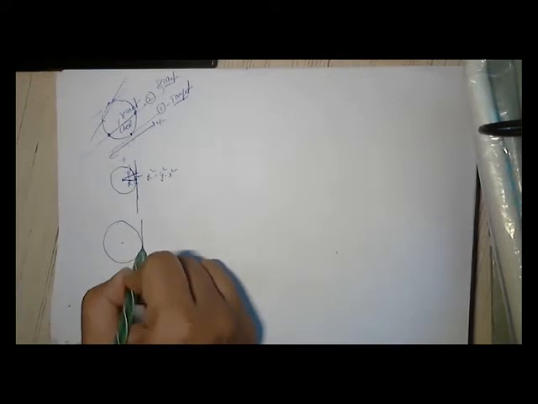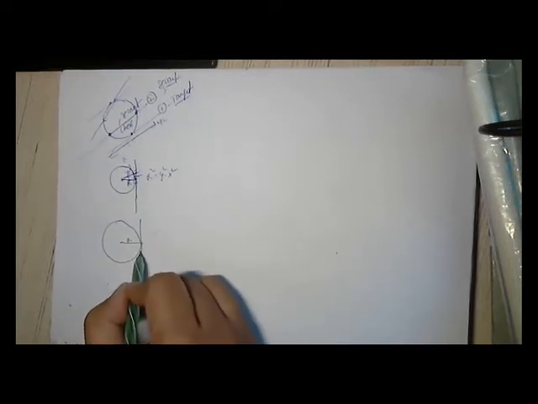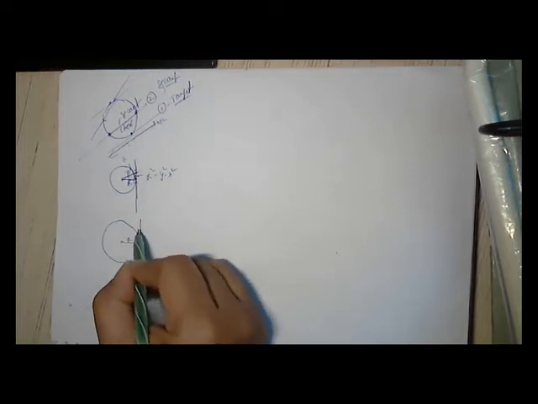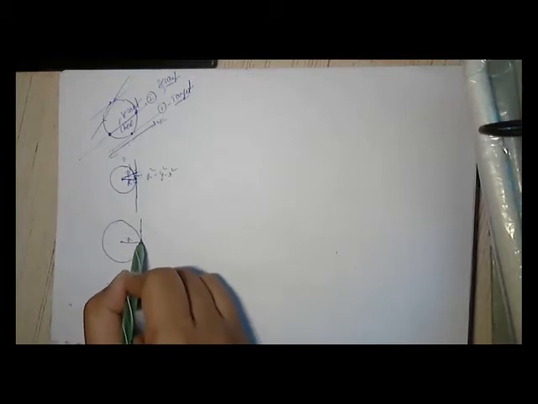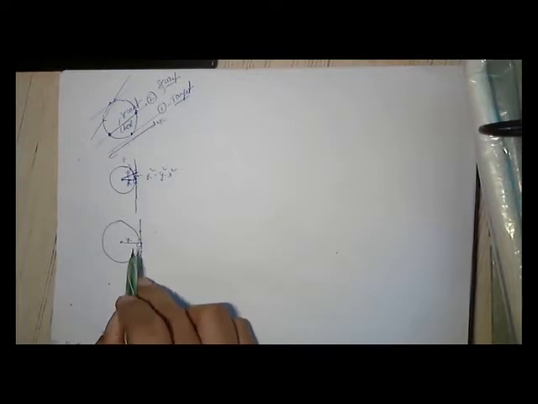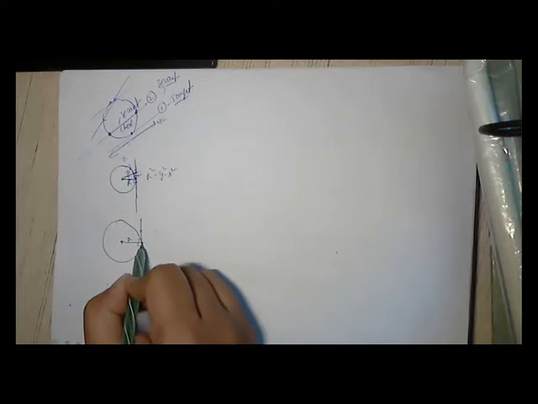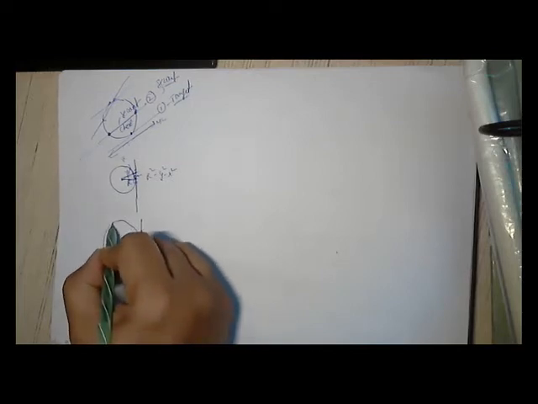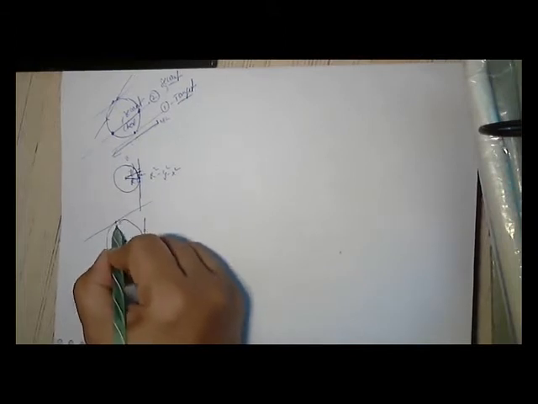It should be the minimum distance. Anything going on this line has a distance bigger than R. So when we say it is a minimum distance, only when it is 90 degrees can we say it is a minimum distance. So the tangent and the radius at the point on the circle are at 90 degrees. Suppose the tangent is here. If I draw R here, again it is 90 degrees because this is the shortest distance.